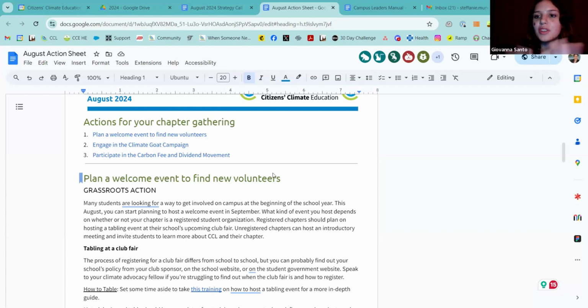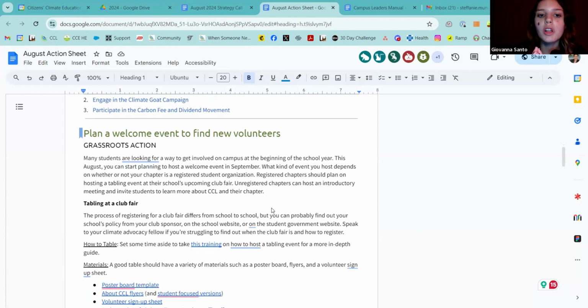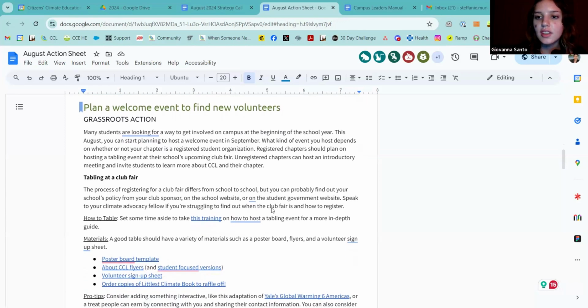So the first one that we did for this month was plan a welcome event to find new volunteers. This isn't really based off anything on the main action sheet. It's just more helpful since as campus chapters, you're going to be booting up again at the beginning of the year. The reason why we say welcome event and not specifically tabling event is because we know that a lot of campus chapters aren't registered student organizations.